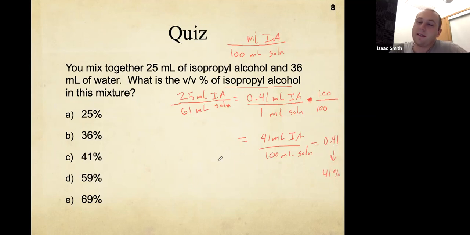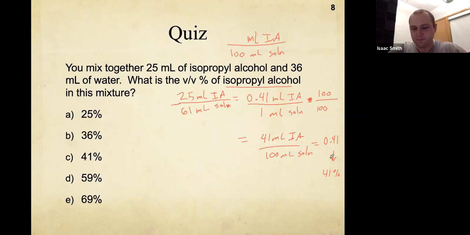I think the easier way, like using the formula, is just going to be you divide it and then you see 0.41 and then you multiply that by 100 and you get the percent. That might be the way that most of you want to do that. It's probably easier. You're probably wondering why I did this. It's probably more complicated, but it just helps me personally see that I got it right as I'm moving through